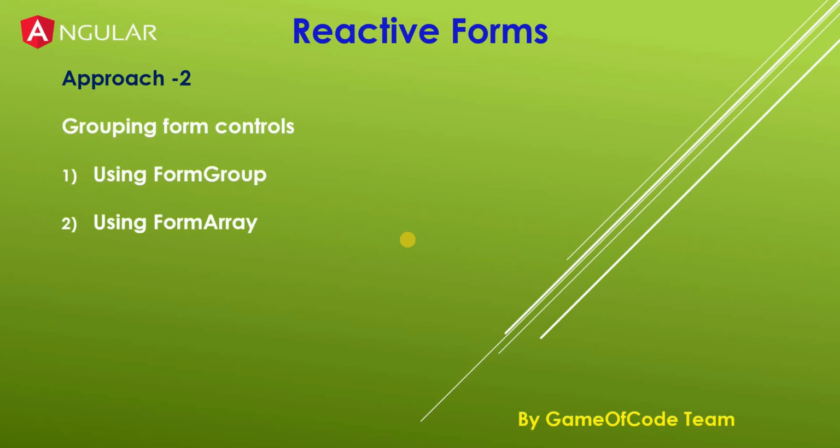The basic difference between FormGroup and FormArray is that in FormGroup we can manage a fixed set of controls that is given inside our template forms, but in FormArray we can add or delete controls at runtime. Today we will learn about FormGroup. So let's achieve it practically.